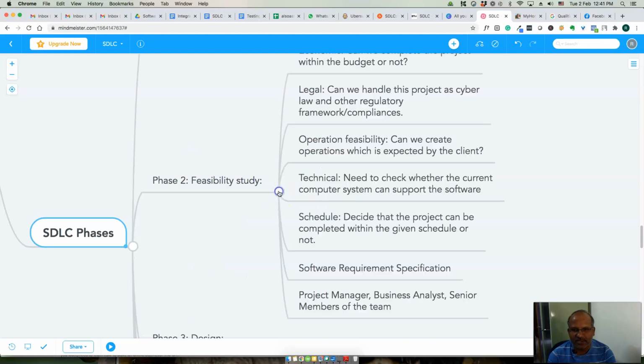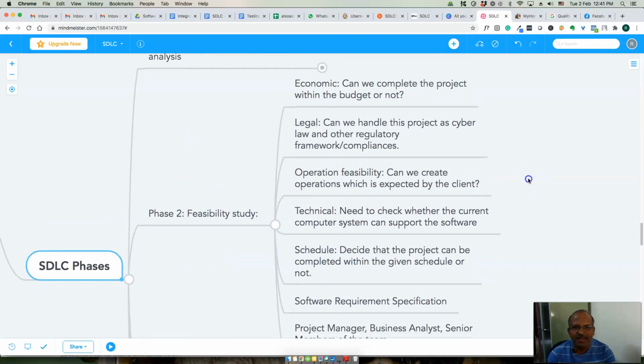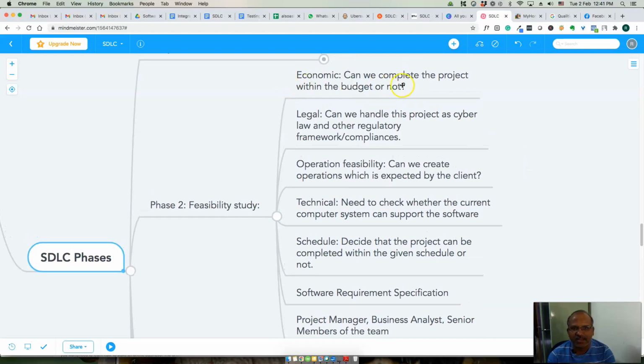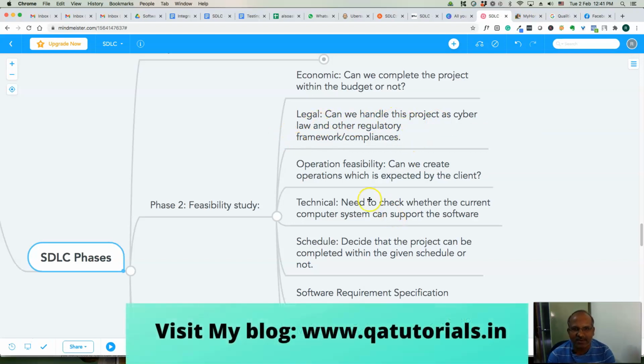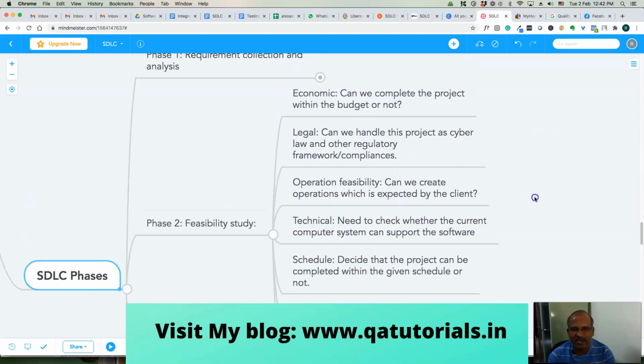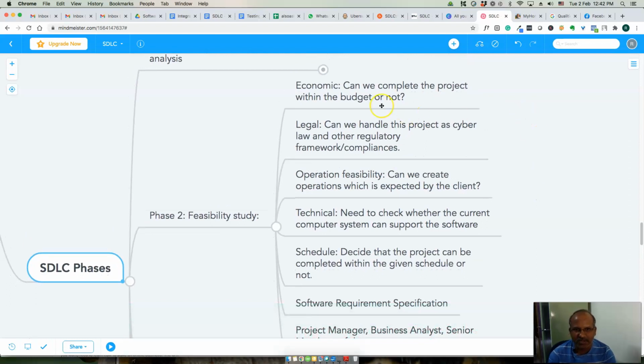In phase 2, the feasibility study, different factors are taken into account. Economic: can we complete the project within the budget or not? Legal: can we handle all the laws and other regulatory compliance and legal requirements? Operational feasibility: can we create the operations which are expected by the client? Technical: we need to check whether the current computer system can support the software. So these all come under feasibility, whether we can do this within the budget,